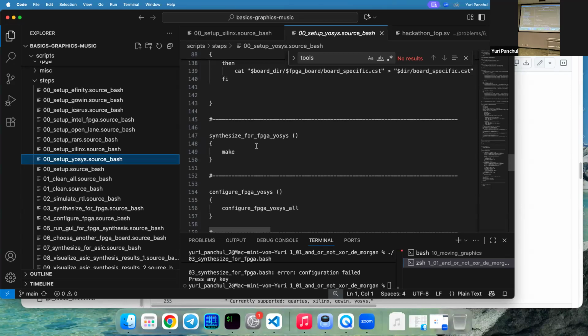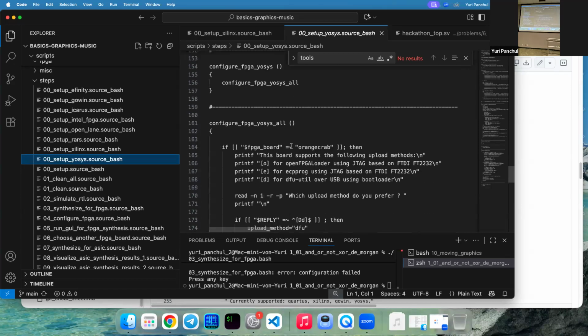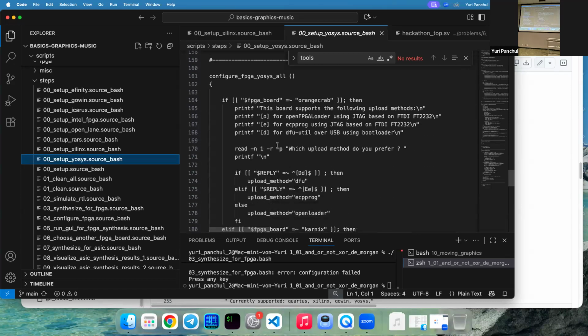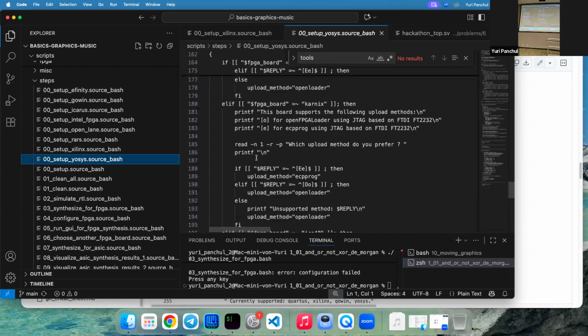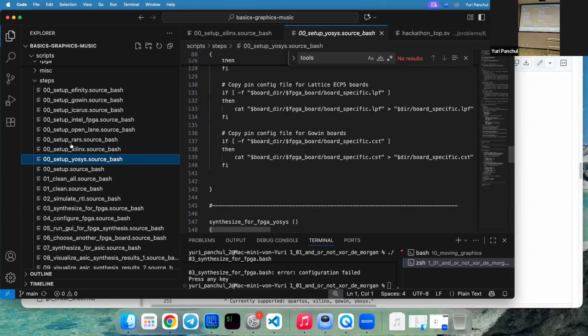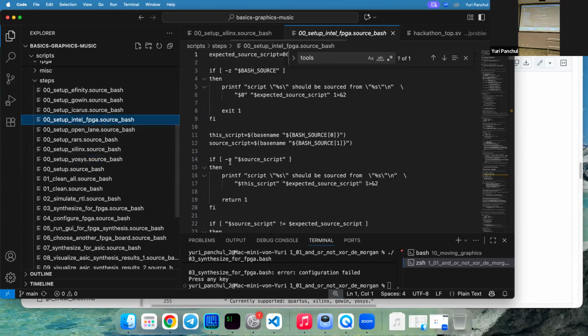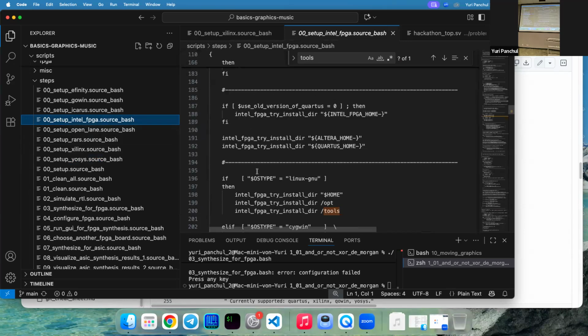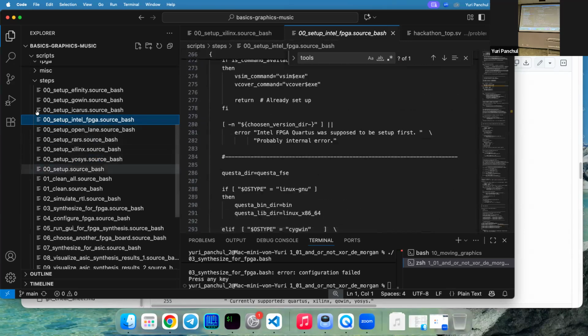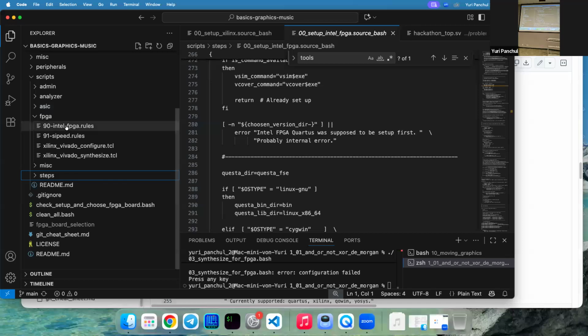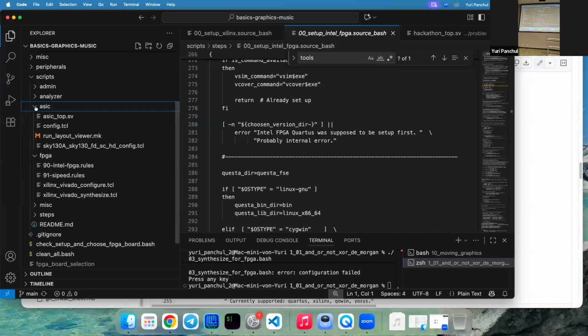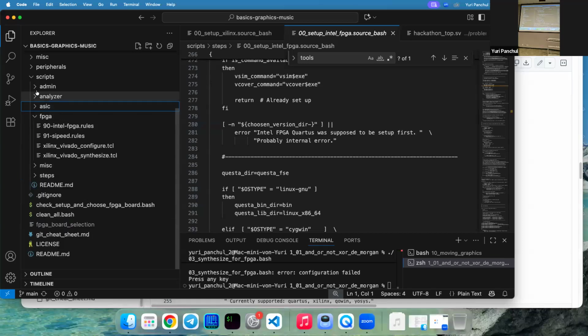So he doesn't want to use anything else. So now then you do configuration. Yeah, that's it. Similar thing for Altera. We also form project here. So now if you go to board directory,